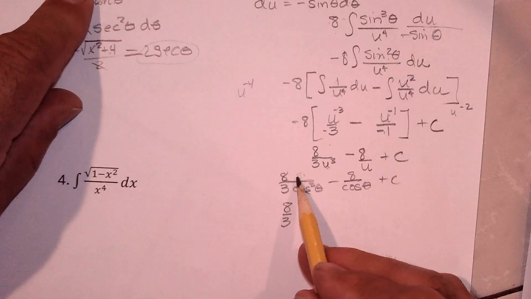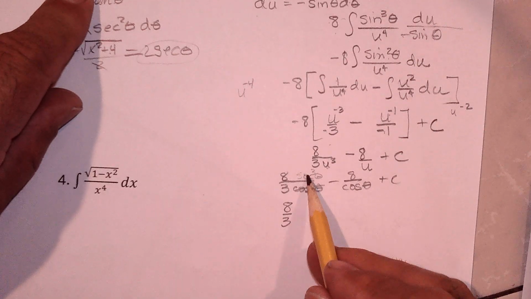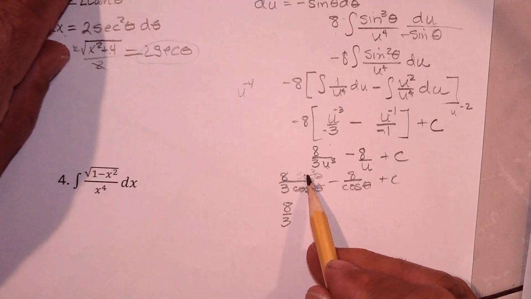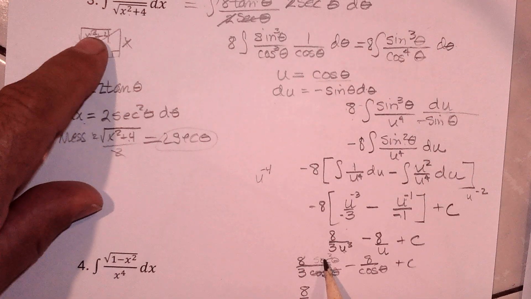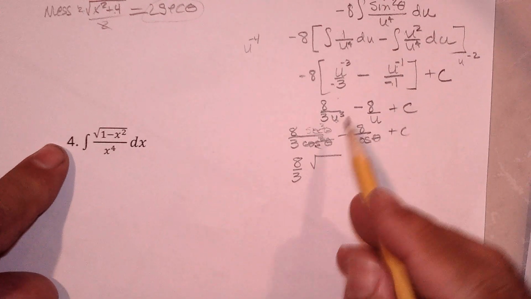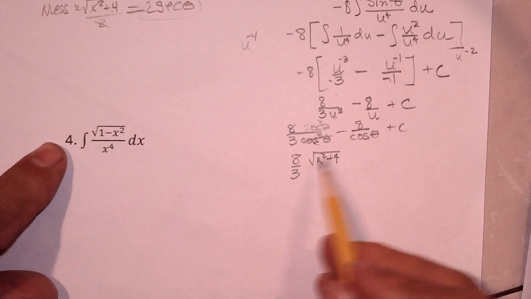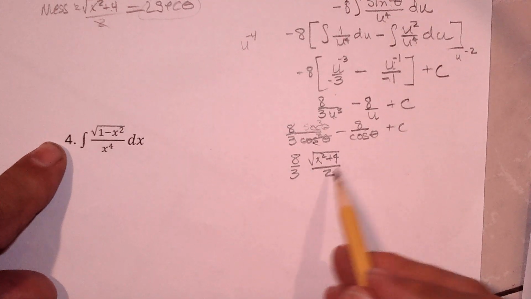Call it secant cubed theta by taking it out of the denominator, and the secant would be this over that. So this is going to be square root of x squared plus 4 over 2